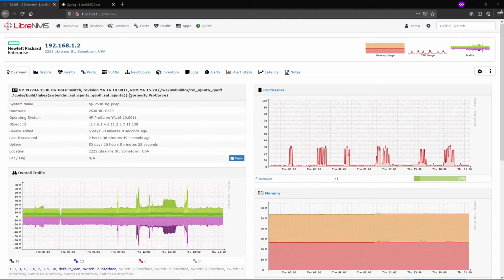Okay, logging in LibreNMS. Now, we all know that logging is a huge part of network monitoring and troubleshooting, but we really need to figure out how we can get all these logs in a central location. And you might already have a centralized logging solution in place, and by all means use it if you're happy with it. But if you don't have a logging solution in place, or you just want to know what LibreNMS has to offer, we're definitely going to go into how we get logs from our devices into LibreNMS